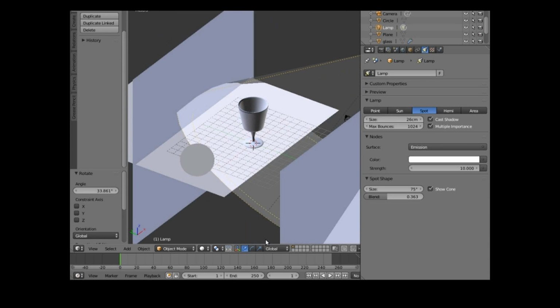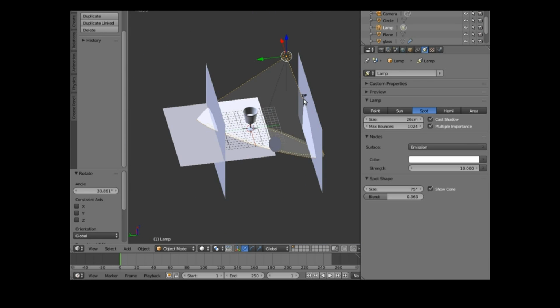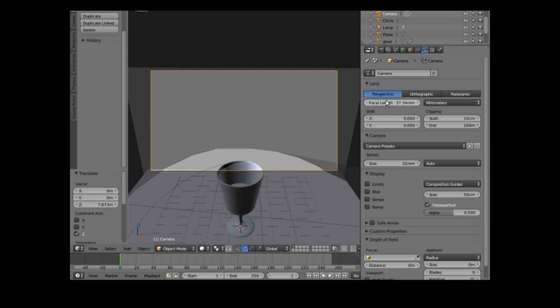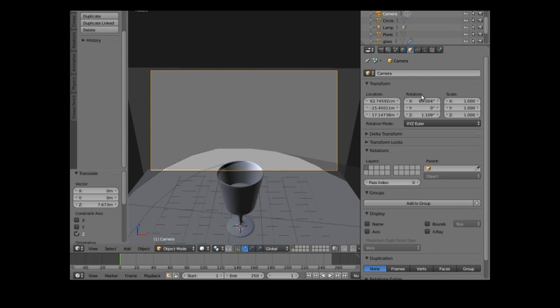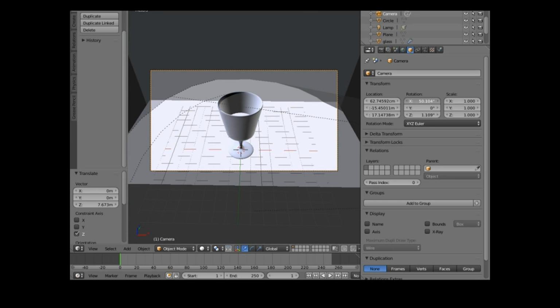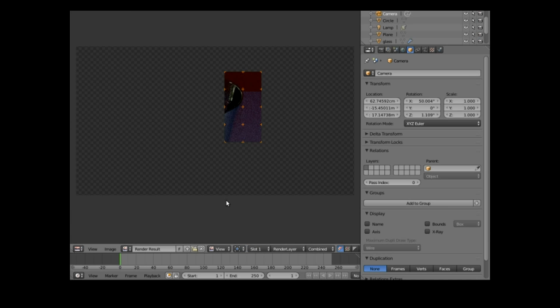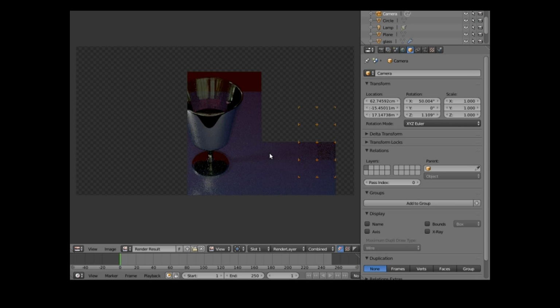I want to take my camera up more than that actually, so I'll select the camera, move it up considerably, view camera, change my angle of view, and we're back to where we were originally really, except now the glass is looking a little bit more like glass, which is cool. So let's do something about this bench material that it's standing on and the wallpaper behind it,